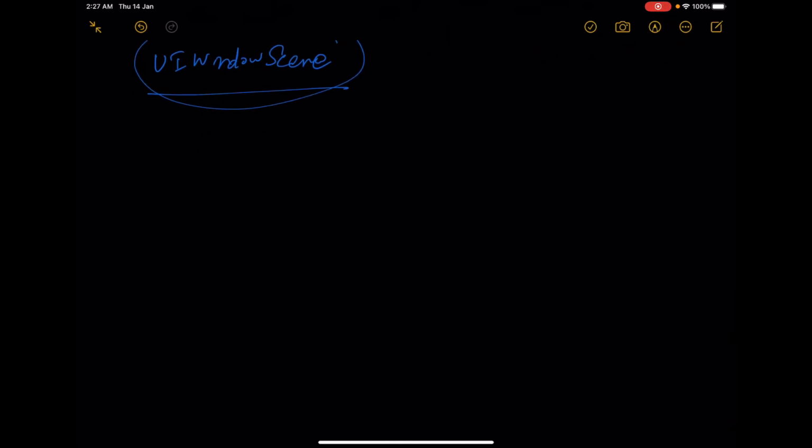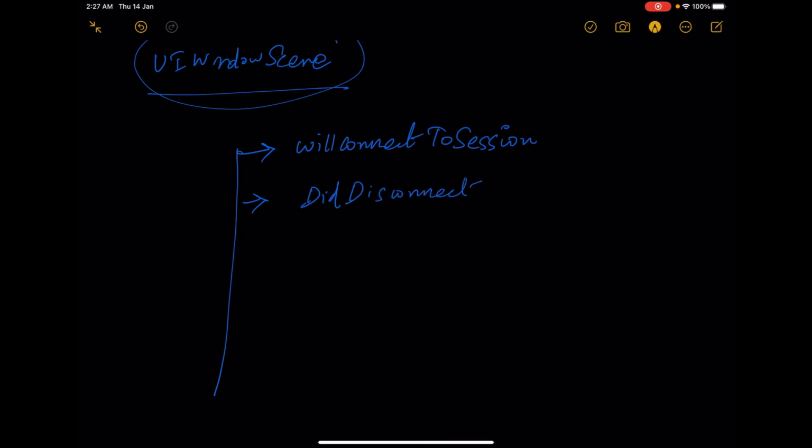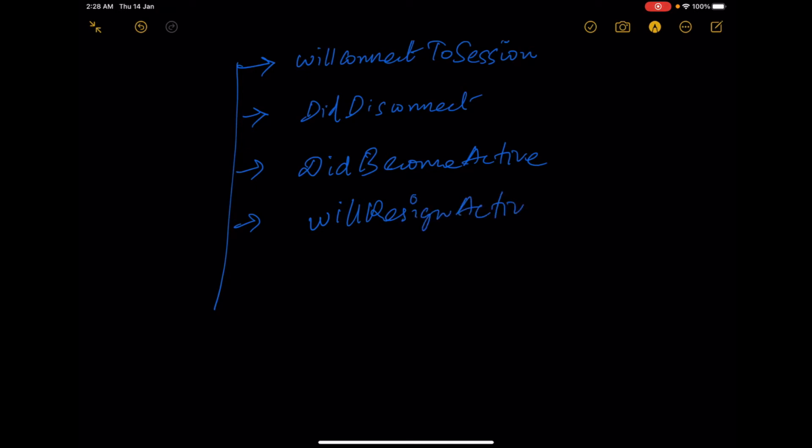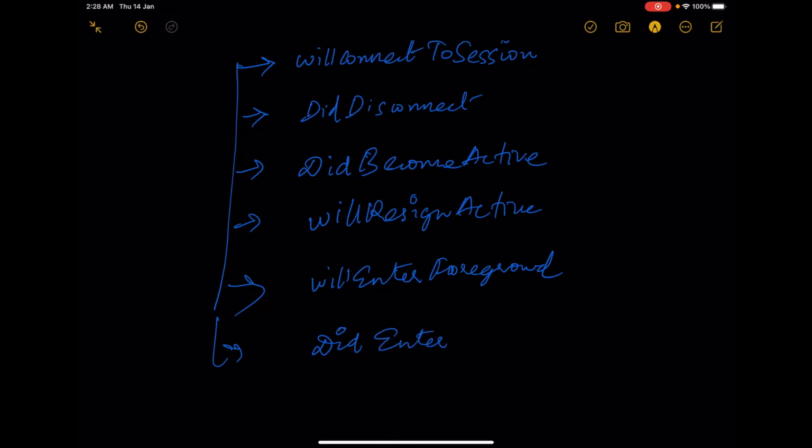So this scene has some lifecycle methods: willConnectTo session, didDisconnect, and didBecomeActive, willResignActive, willEnterForeground, didEnterBackground.